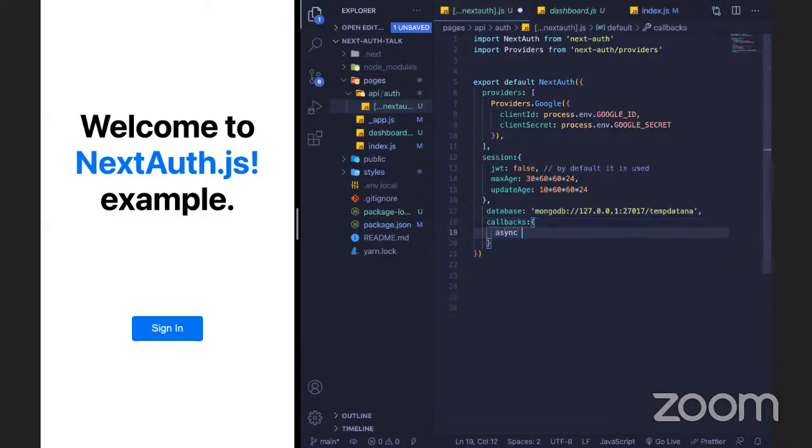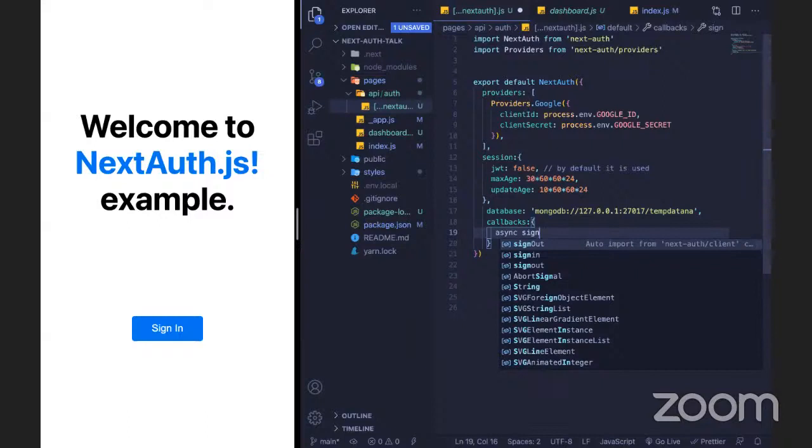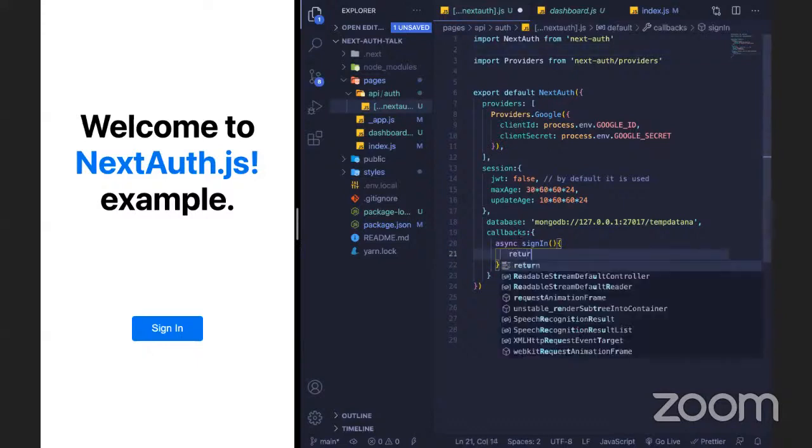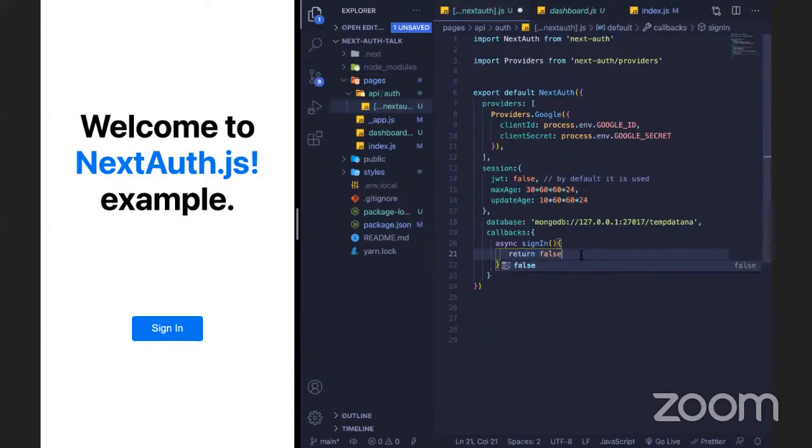The first one is signIn. It is used to control whether the user is allowed to sign in or not. In the signIn function you can return a specific route or a boolean value.